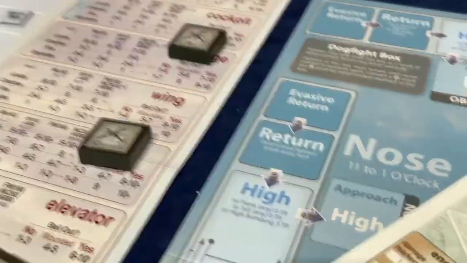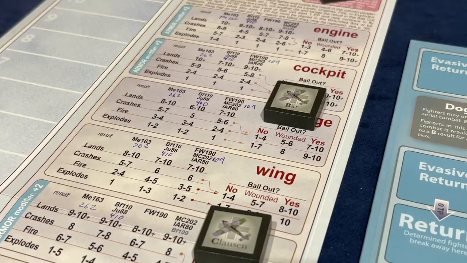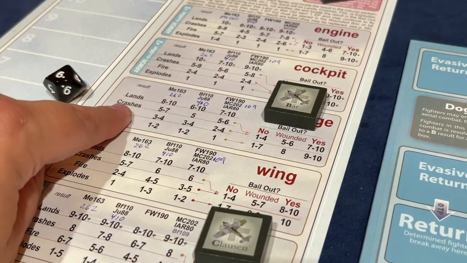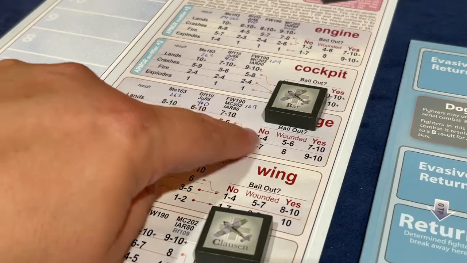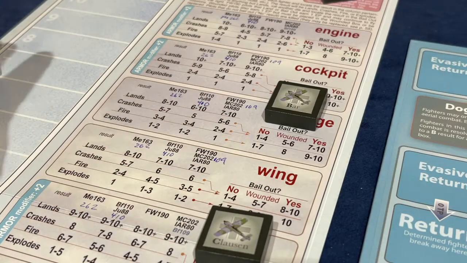He is an FW190, so he's using this column right here. I don't know how well you can see, but we're going to go ahead and roll. I rolled a 6, which is not bad. He does crash, though, but he falls into the top category here. Oh, gosh, there's a real good chance he's going to die. And I rolled